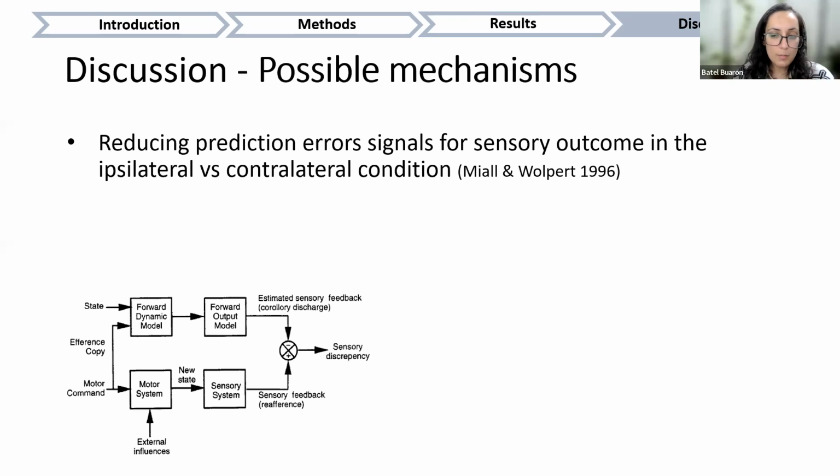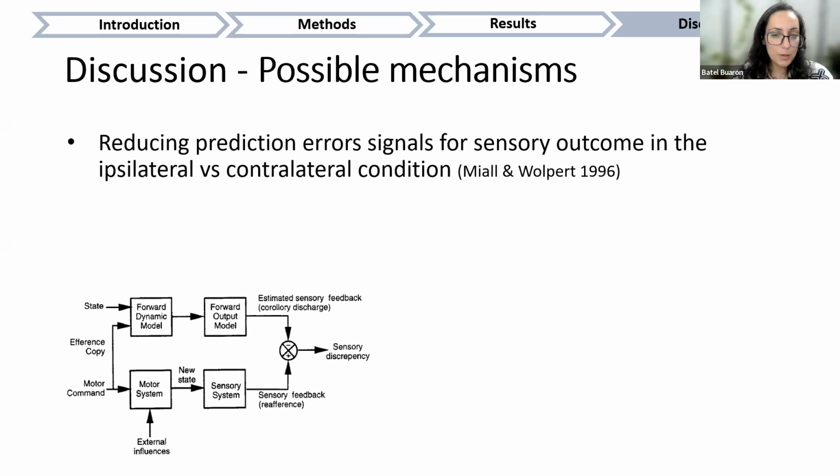Regarding possible mechanisms, one thing that may account for these results is the fact that different sensory modulations and different predictions may manipulate the sensorimotor learning, have interference or enhancement that is different. The relationship between sensory modulations and learning is still not very established in the literature, and it's something that we are working on in the lab right now.